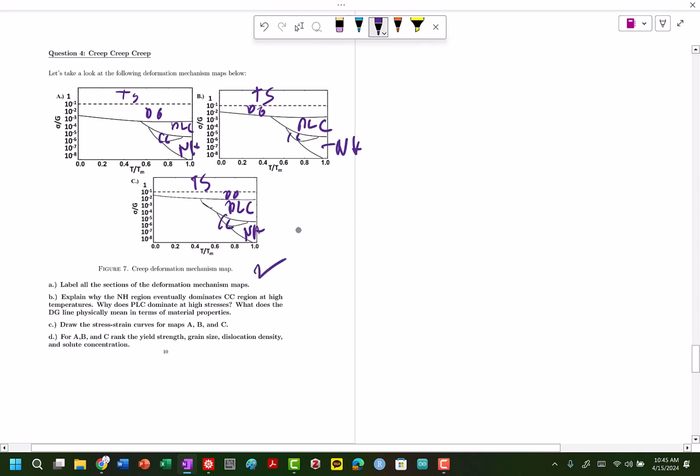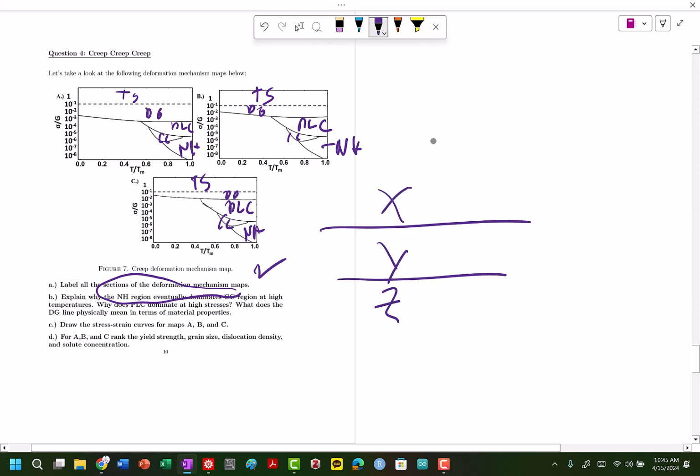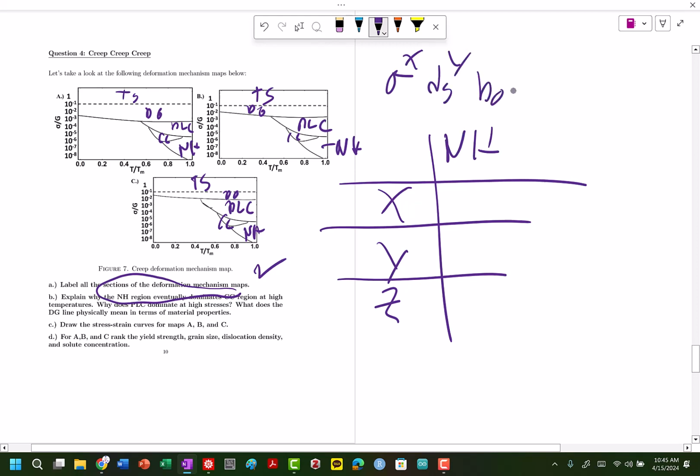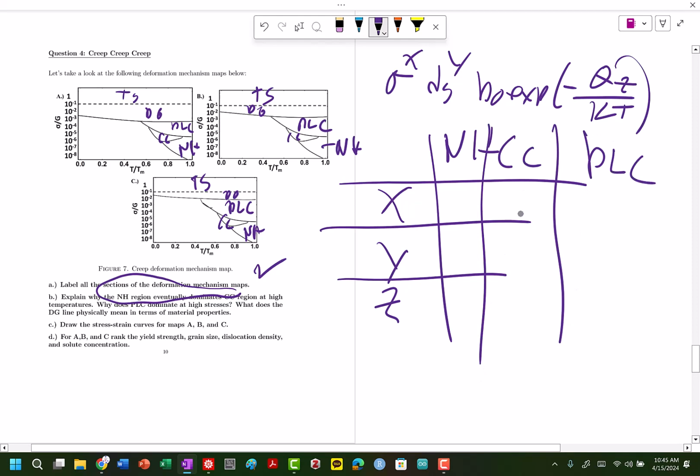Why does the NH region eventually dominate the cobalt creep at high temperatures? Well, if we look back at our X, Y, and Z notations for NH, remember in our general equation: stress to the X, d_g to the Y, and then D_0 exponential minus QZ over KT. NH and cobalt creep (power law creep). So stress will scale as 1, minus 2, and then lattice minus 3, grain boundary 1, 4 to 6,